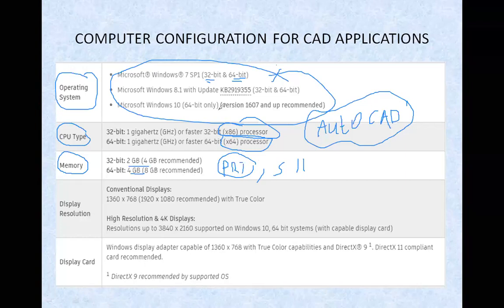RAM, random access memory, is called the primary storage memory. The RAM can be 2 GB or 4 GB. Some computers have 3 GB also, no problem. It should be at least 2 GB, because with 1 GB RAM we cannot run the AutoCAD software.